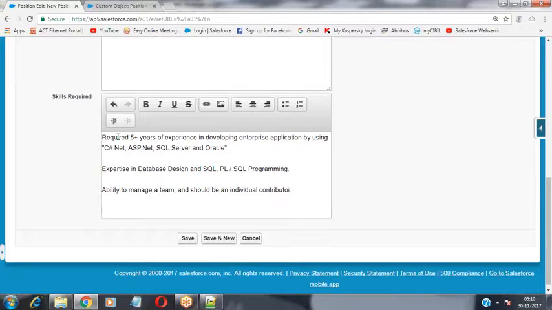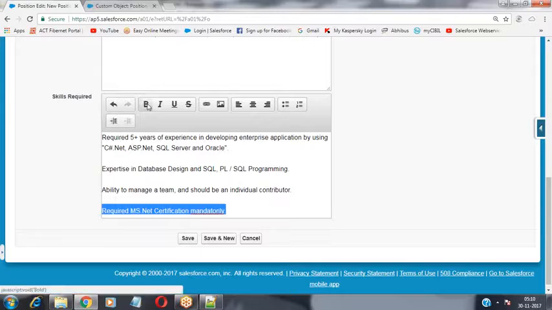And then I'm specifying that required Microsoft .NET certification mandatorily. This point I would like to highlight over here, so I'm making it bold.